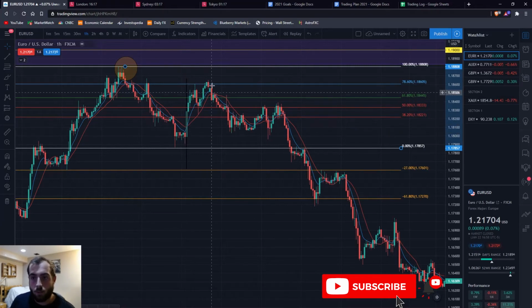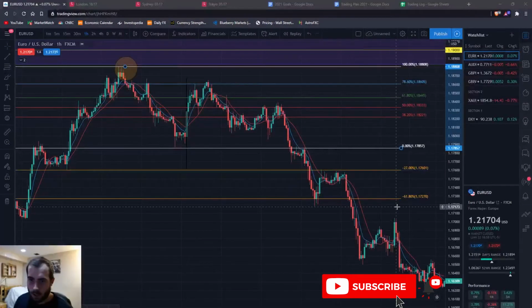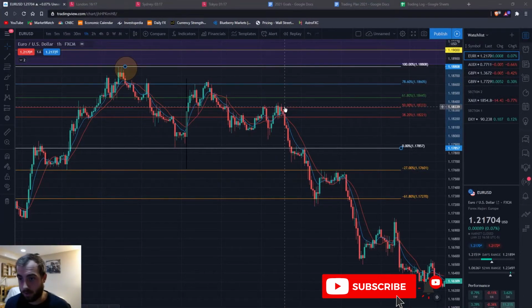Personally, what I did was, as soon as I hit this point and I saw this big bearish candle, my bias was 100% back on sell. I was, okay, this is likely a retracement. If you're a bit more aggressive, this would certainly be a time where you could enter. Now that you see this bouncing off the 78.6% and even bouncing off the 50% once again,